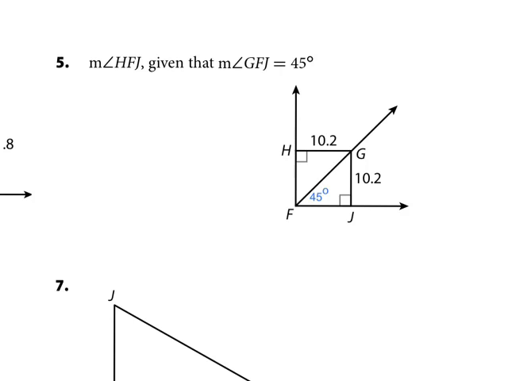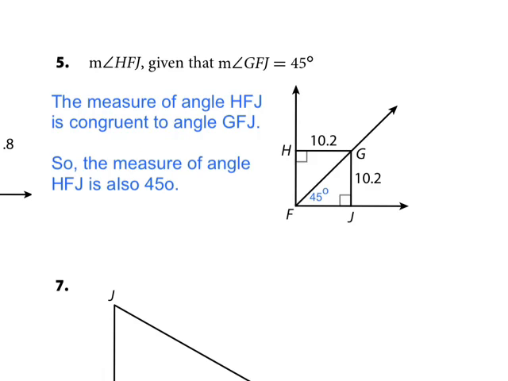Now, since I was told that these two are congruent, that means they're equidistant, G to J and G to H are the same measurement. That lets me know that these two angles here are congruent because FG is the angle bisector. Now, I'm sorry that I'm not able to put in the symbols, but here's the answer, and you can put it in symbol form. The measure of angle HFJ, which is the one we are looking for,